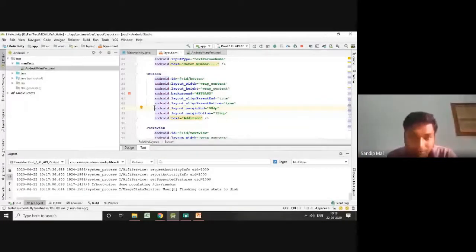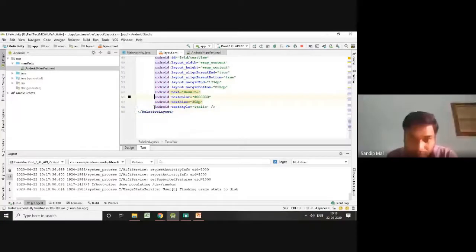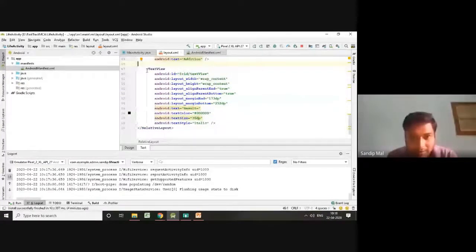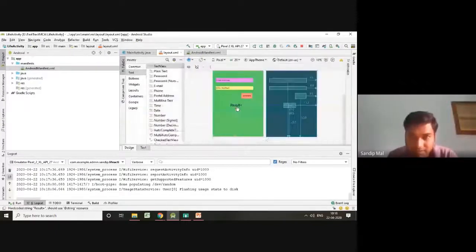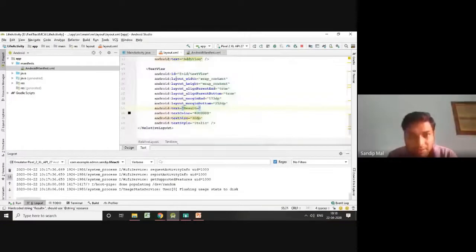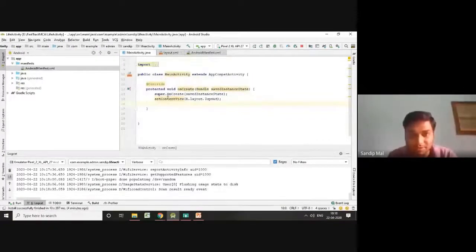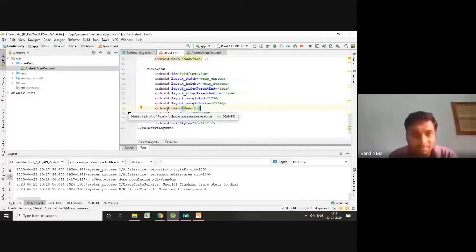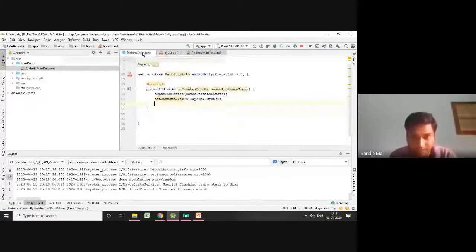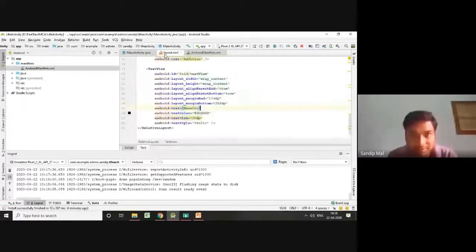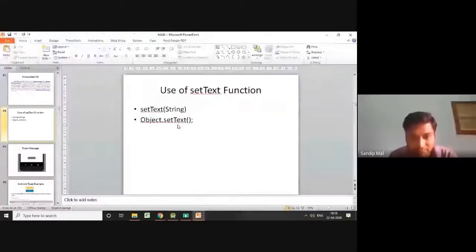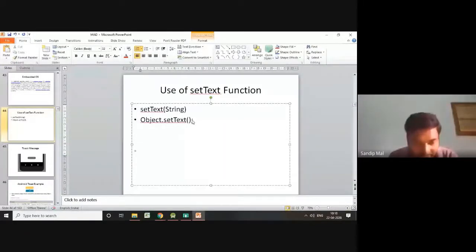Clear? Now, in this text view, I'll write something. There is written "result equals to", it is displaying here. This is static, you cannot change it. Now in the Java program, I will change that text, that "result equals to", into some other string. How to do that? The first thing is, you need to create or define,